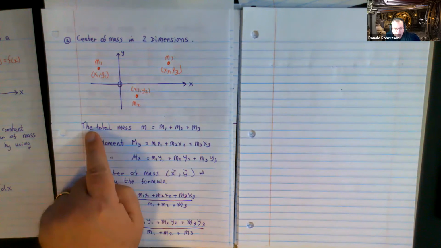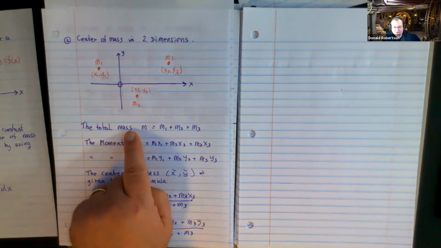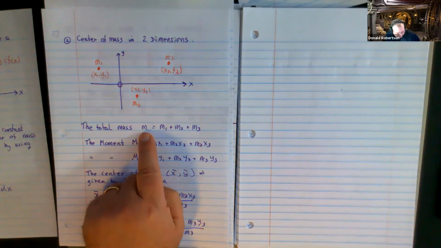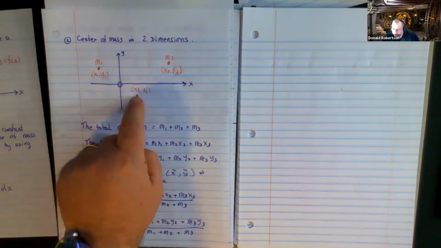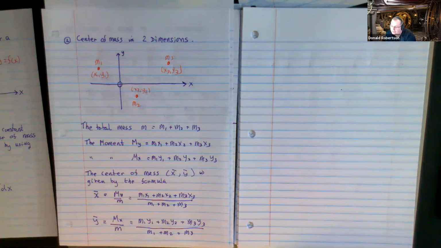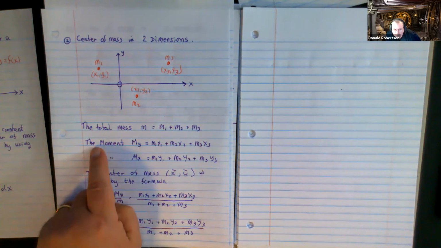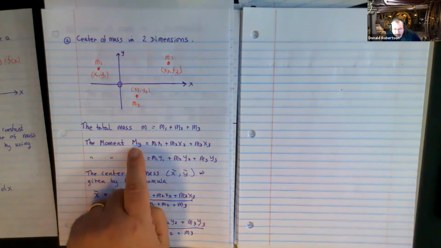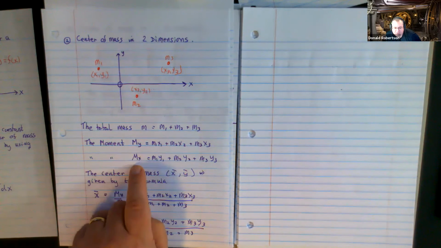So you need to know a couple of things to be able to calculate it. The first one's called the total mass, and we're going to use little m. And that's basically what you get when you add up the 3, which seems reasonable, right? Total mass. Then there are 2 moments. This is the moment my, and this is the moment mx.